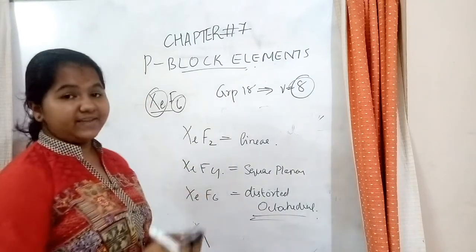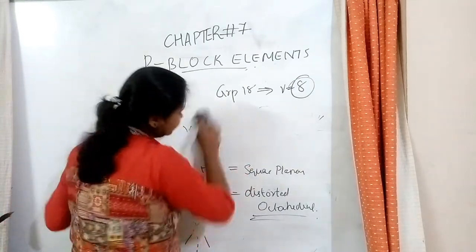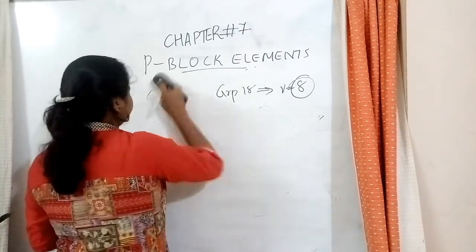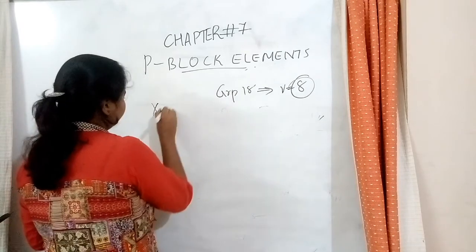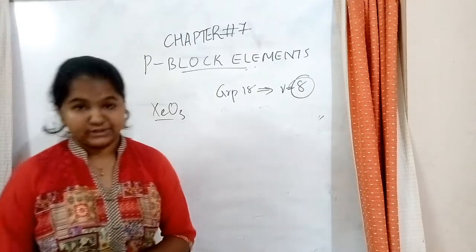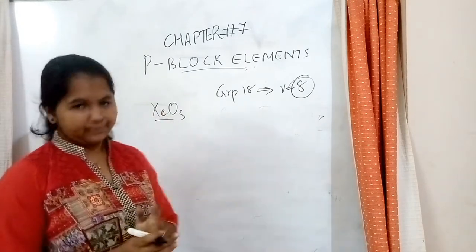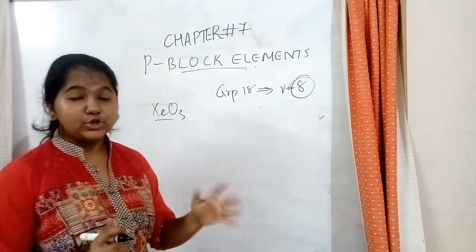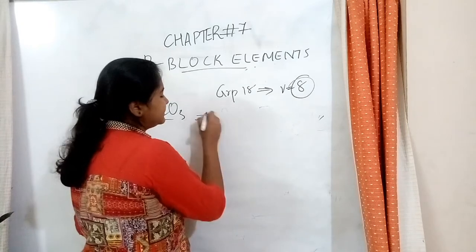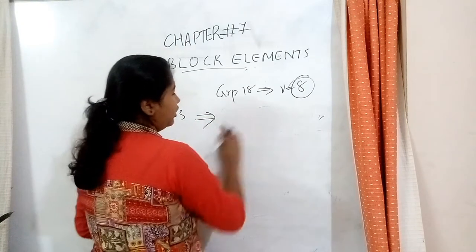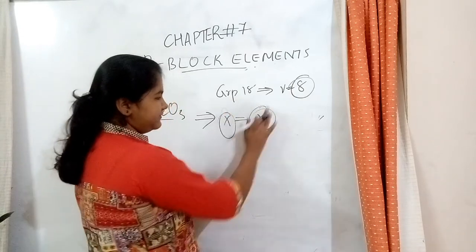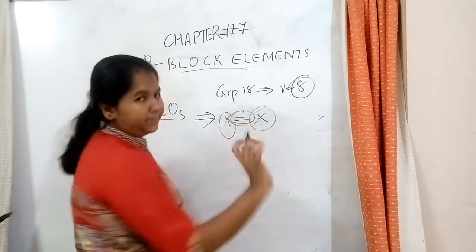Now let's see the next one, that is XeO3. The structure of XeO3. So, we know oxygen is a divalent atom. It's not monovalent, it's divalent. And when oxygen is connected to the central atom, it's always represented by a double bond. This is not the halogens that I mentioned. I just wrote some figures and mentioned the double bond only.